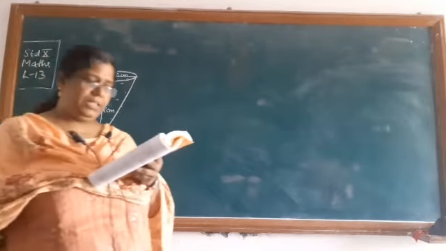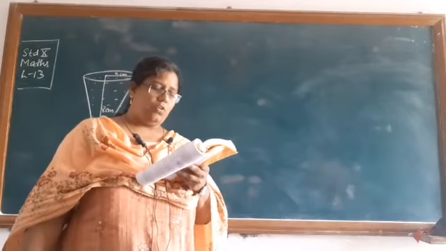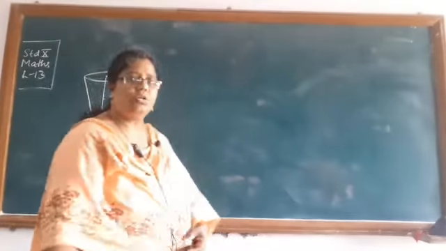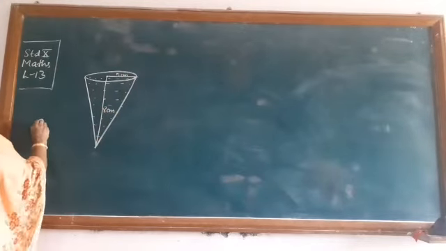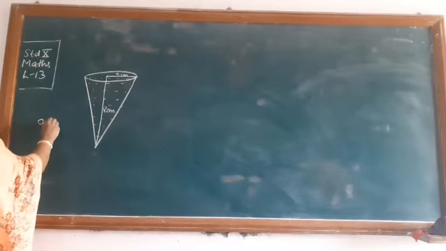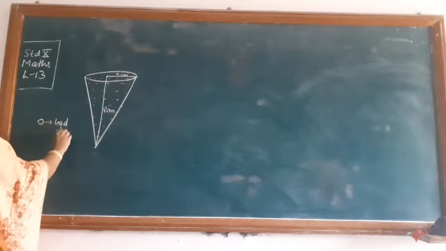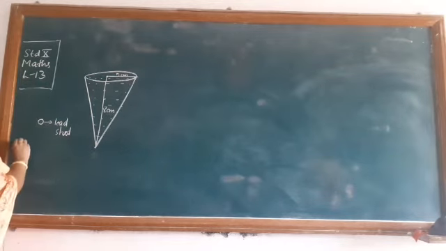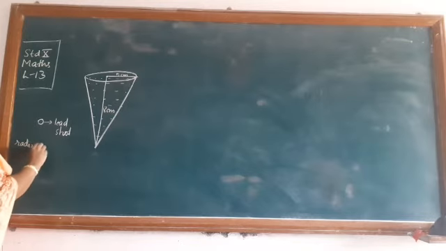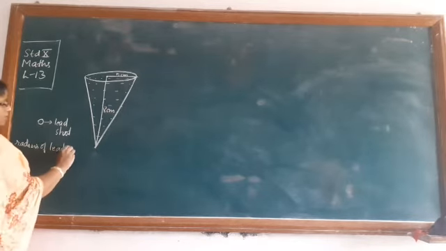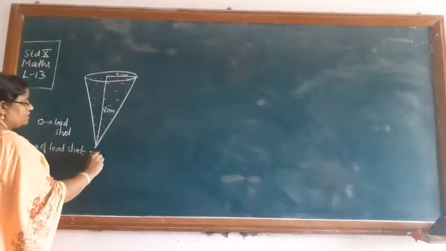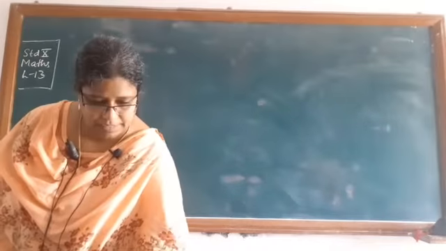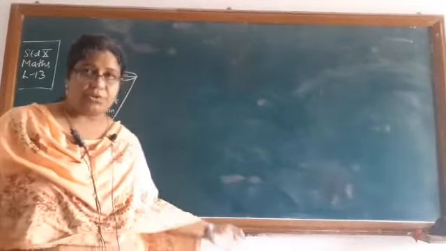When lead shots, each of which is a sphere of radius 0.5 centimeter, are dropped into the vessel. So there are some lead shots. Lead shots मतलब it's of a spherical shape, and this is the lead shot. ठीक है? It is dropped into it. Okay? अब ये lead shot का रेडियस क्या है? Radius of lead shot, it is given as 0.5 centimeter, isn't it?